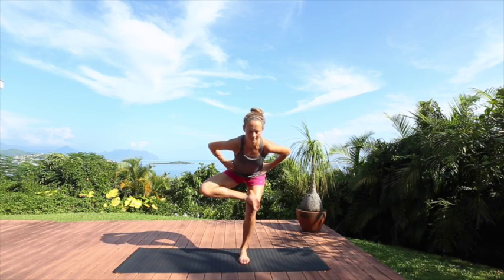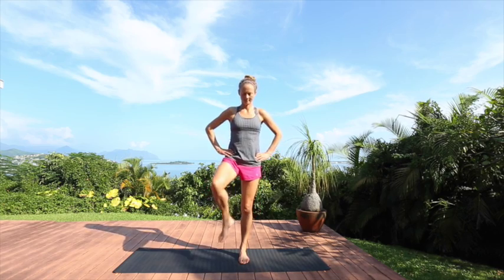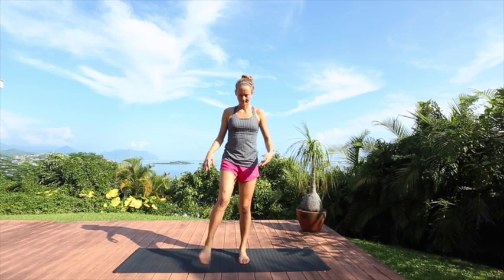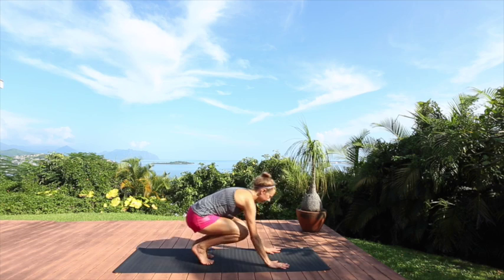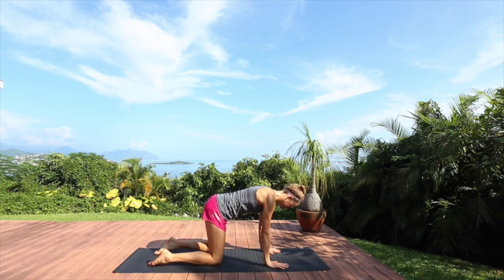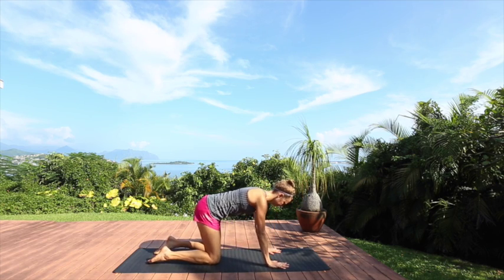Again, just breathing nice and deeply, pressing that foot into the floor of the standing leg, and slowly make your way up to standing, shake out the feet, and have a really good shake here. Flick the ankles as if something was stuck to your foot, shake those legs. Good stuff. Let's come down to the mat now, come onto all fours, and we're just going to prepare for